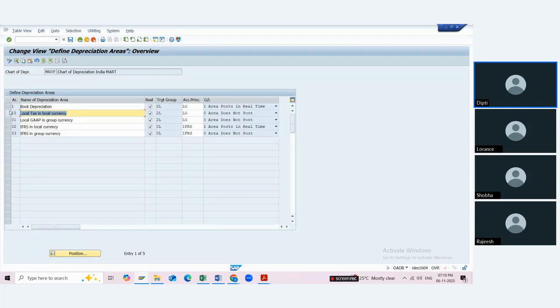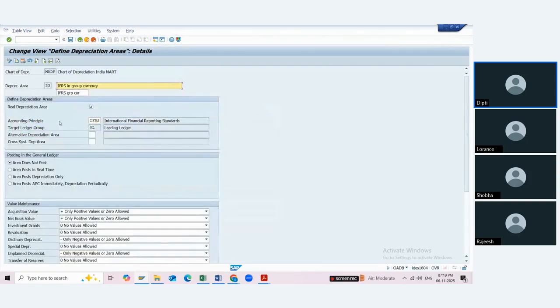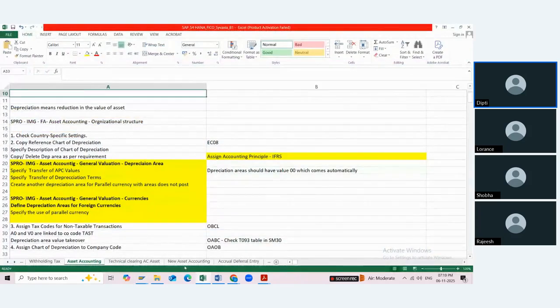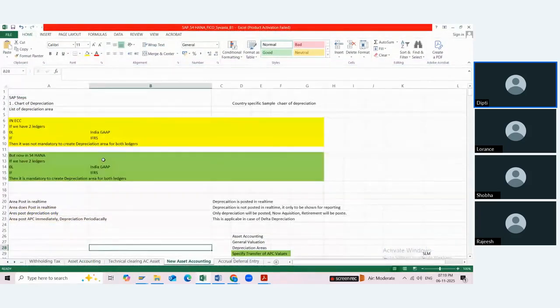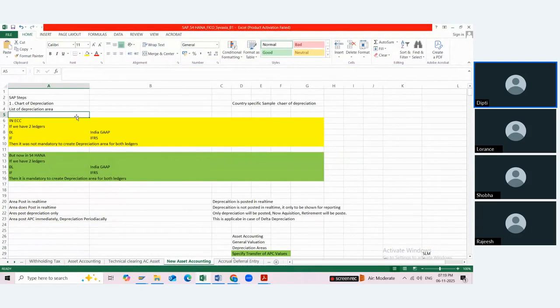So what I'm going to do, I'm not going to keep all of these with me. Okay, so I will delete or remove them. And first of all, for us to assign this, see here, you will find that we have to assign the accounting principle, and based on the accounting principle, the system calculates or brings the default setup of the leading ledger. So what used to happen in the earlier version, we had only one leading ledger. See, in the earlier version, only one in ECC.